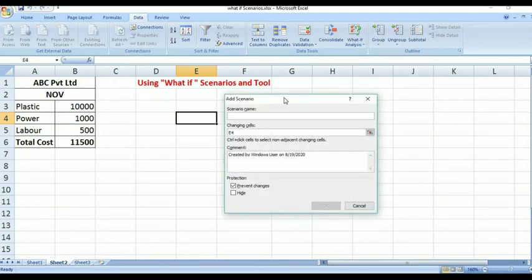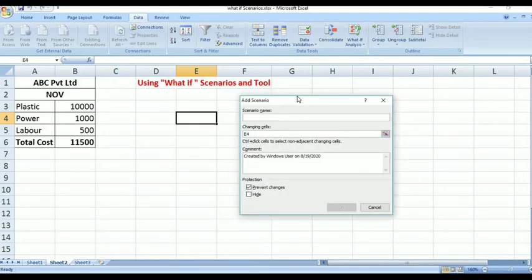Now after that, first you have to write the name of your scenario. So I want to find the minimum value of PVC pipe. For that I am writing minimum. Then changing cells. So which value do I want to change? For that I am selecting these three numbers.